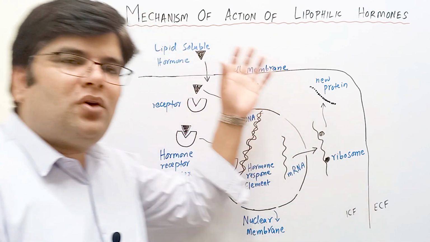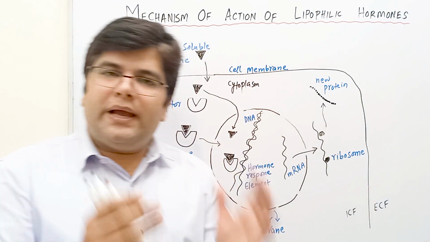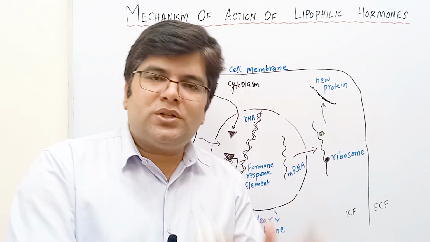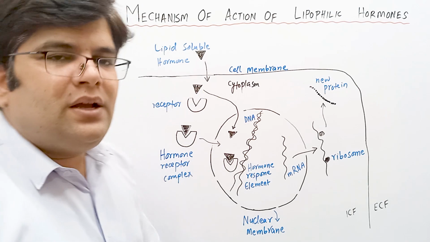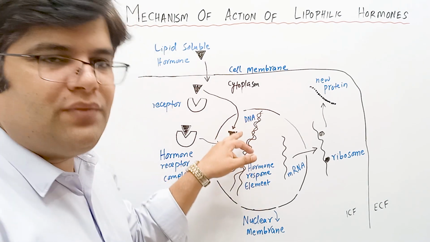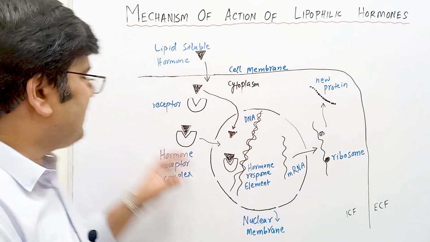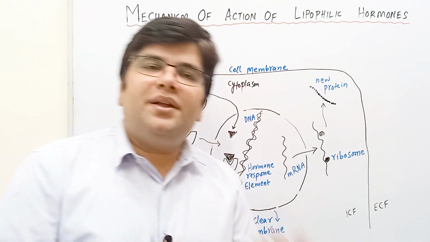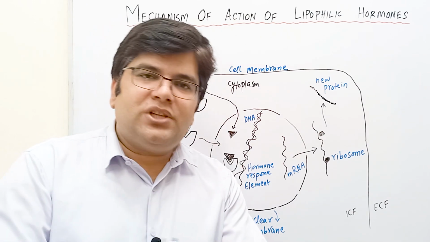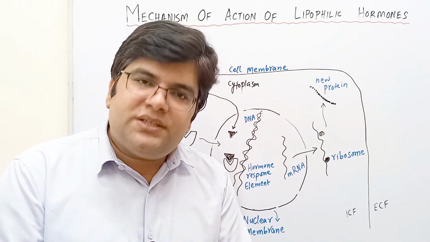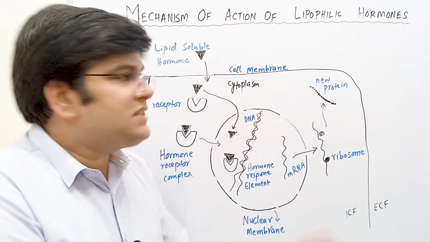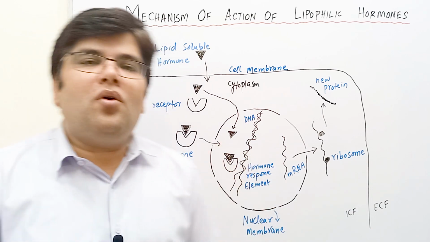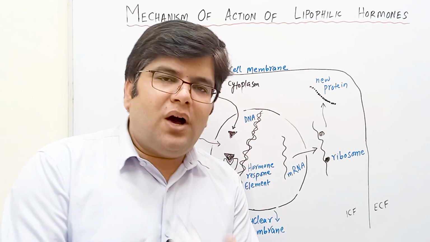So this is the mechanism of action of all lipophilic hormones like thyroid hormones T3 and T4, steroid hormones, and also vitamin D. The only difference is that the receptors for thyroid hormones are located within the nucleus, and receptors for steroid hormones are present within the cytoplasm. Different lipophilic hormones induce or repress different sets of genes, and this is why each lipophilic hormone will affect the synthesis of a different set of proteins and hence affect different physiological actions. I hope you have understood how lipid-soluble hormones perform their action and how they are different